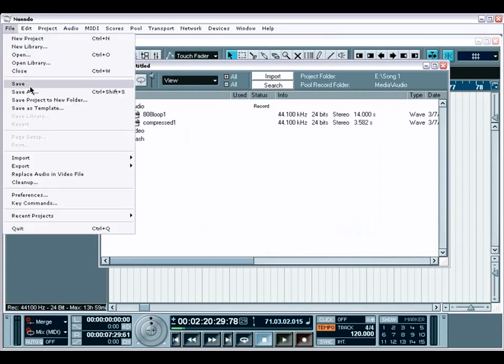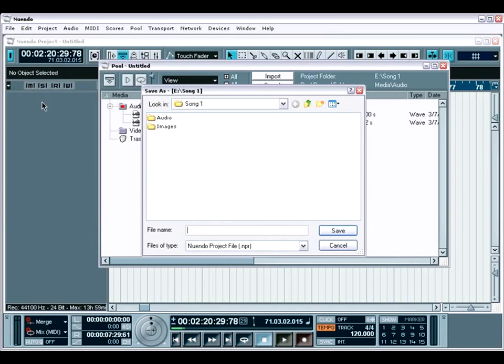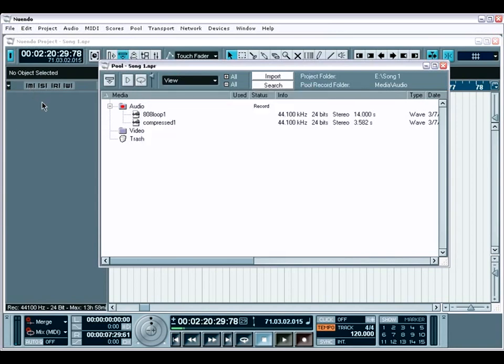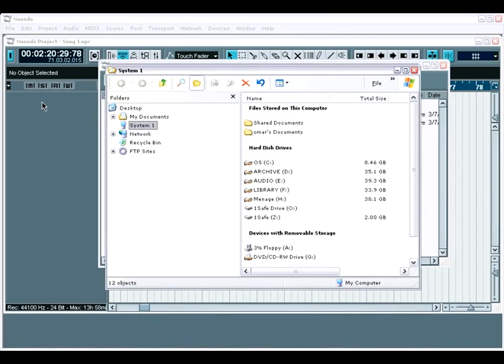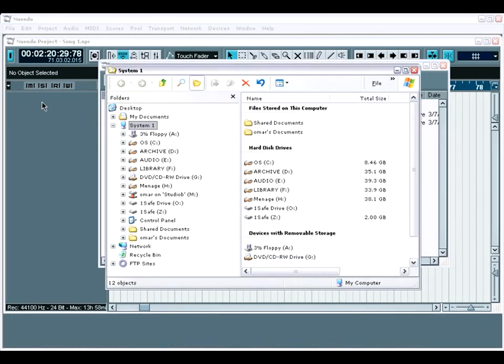Now let's save this song. Okay, now that we've saved the song, let's take a quick look at exactly what Nuendo has created on our hard drive. If we open up our File Explorer, or if you're on a Mac, open your Finder, we'll browse to our audio drive,